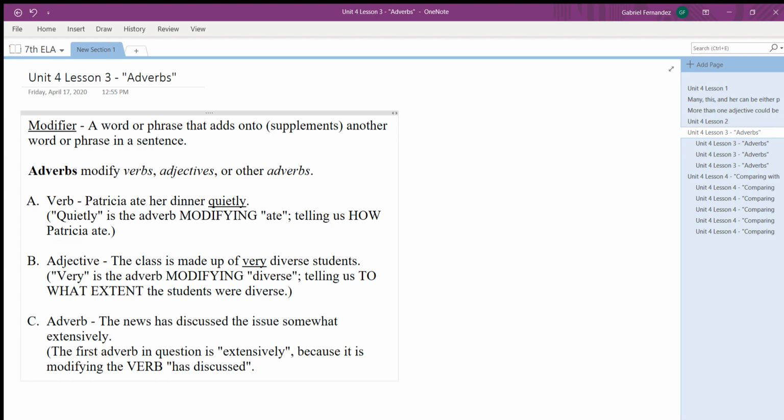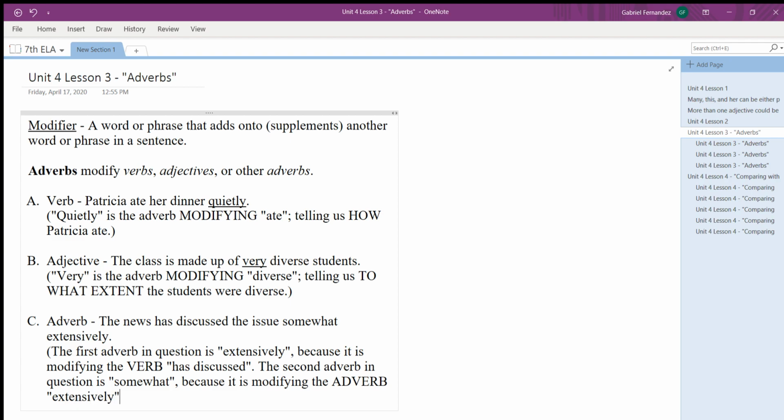But this is an example of an adverb modifying another adverb. So this tells us that we actually have another adverb in question in this sentence. And you guys probably can already see it from here. So the first adverb was extensively. The second adverb in question is somewhat, because it is modifying. What word is somewhat modifying? It's modifying our first adverb. It's modifying the adverb